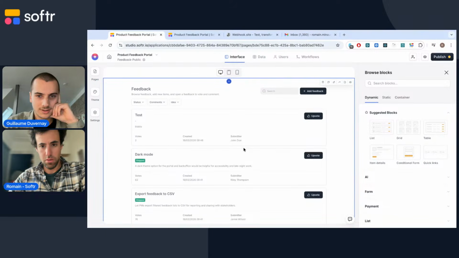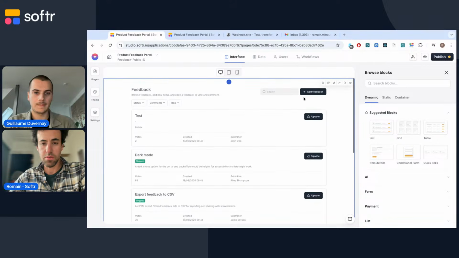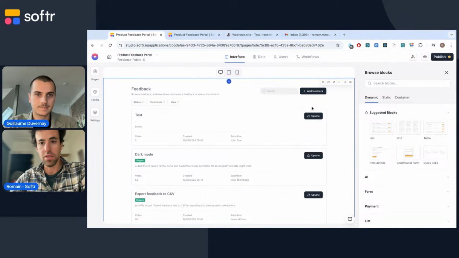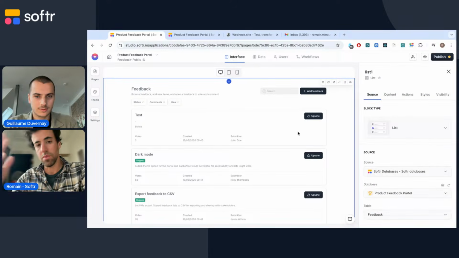So I built a very basic app to collect product feedback. This is essentially a list of feedbacks where a user can send feedback or can upvote feedback from other users. The way it works,